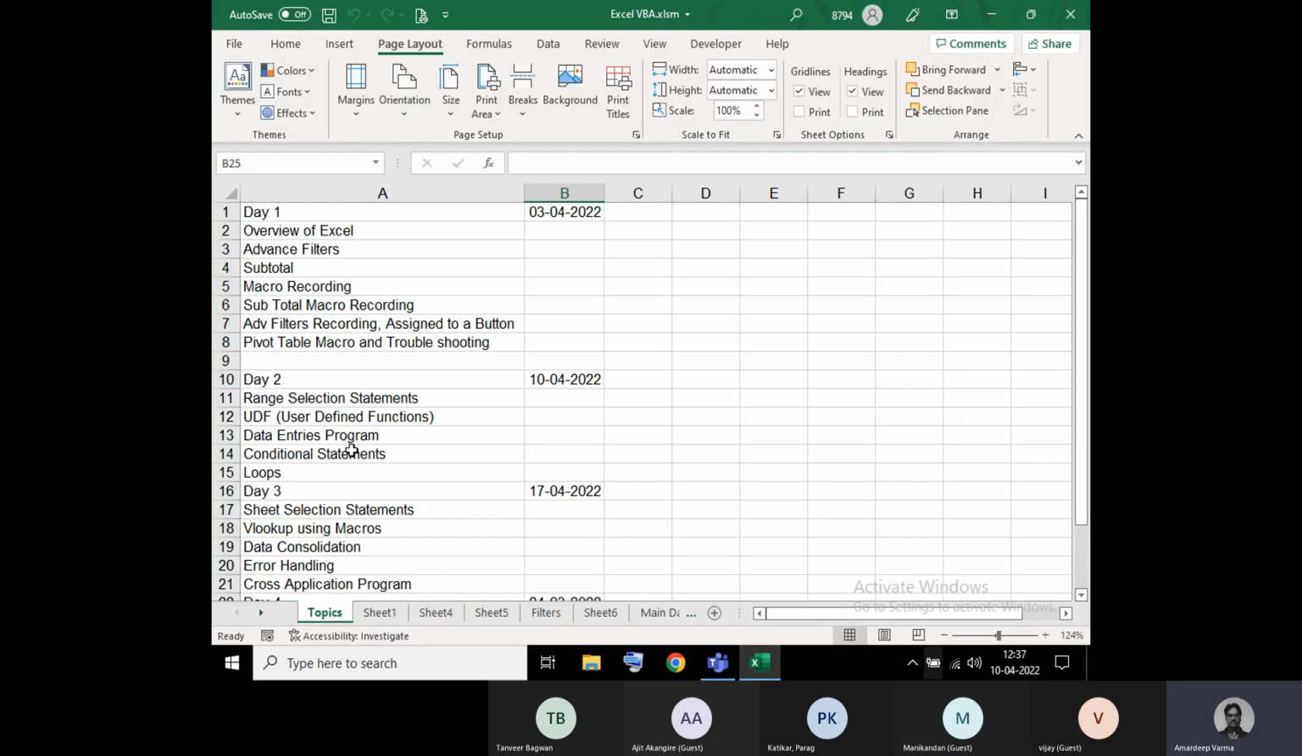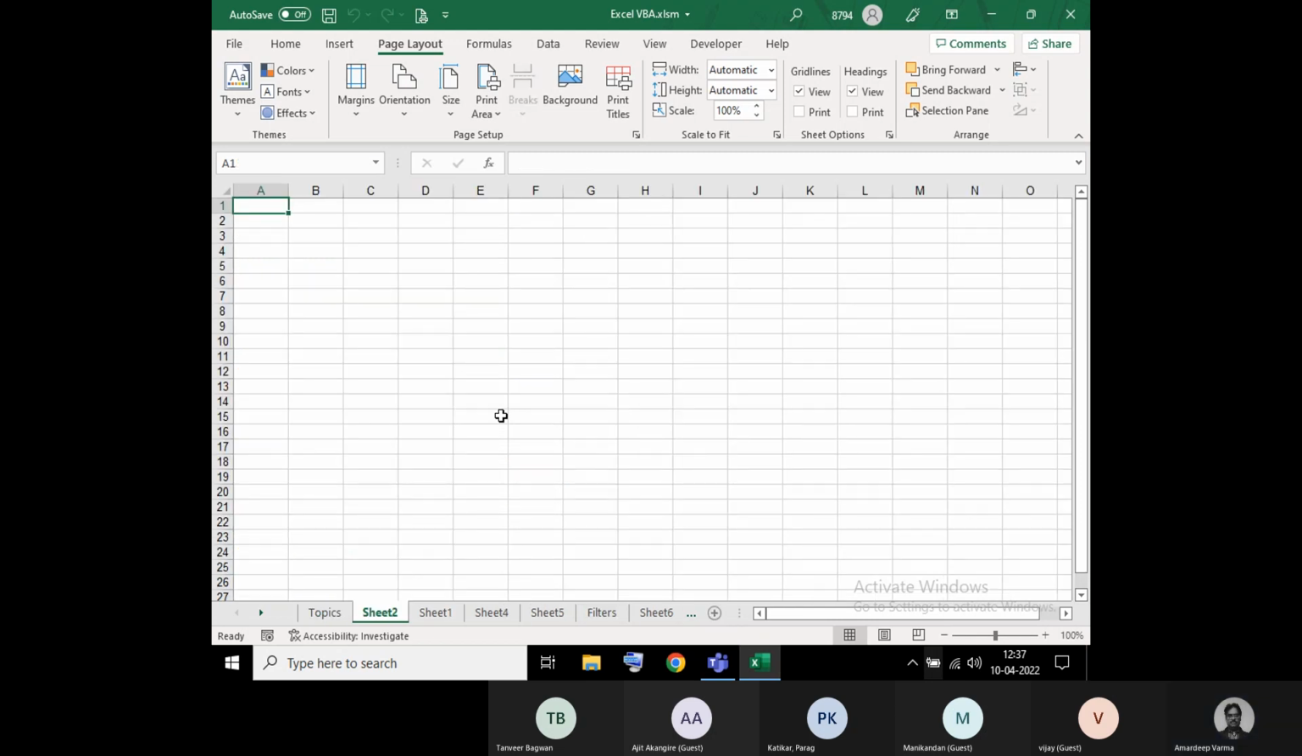So today's topics are, we'll be starting with the basic statements, range statements. And using these range statements, we'll be writing a small program, that is a data entry program. Then there is something called conditional statements. Then we'll consider loops also. Fine. Now you know that your program is a collection of instructions or commands given to the system to do